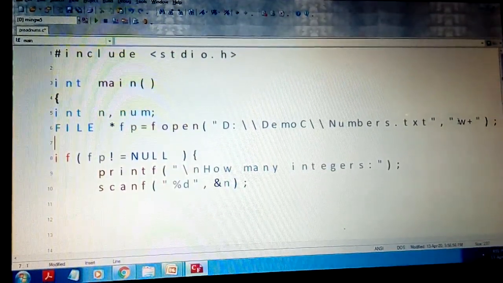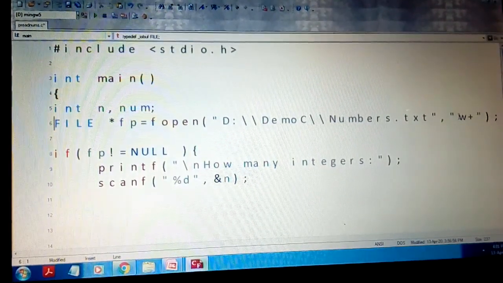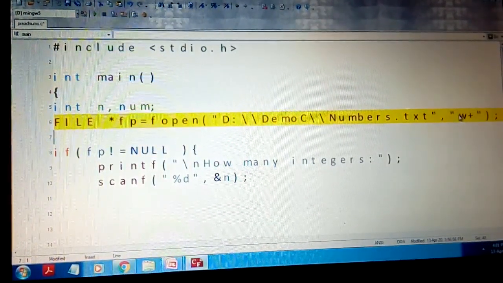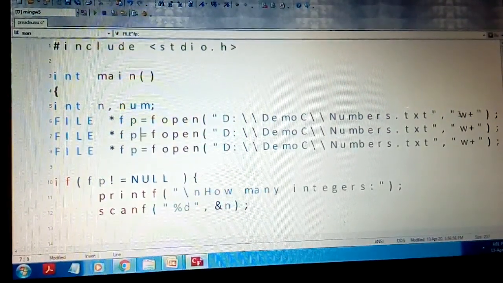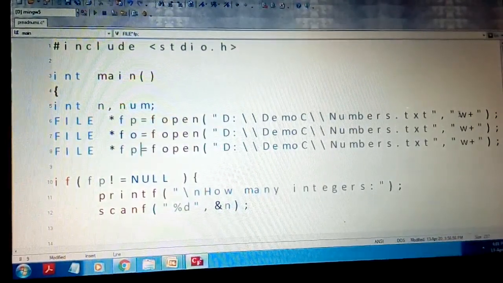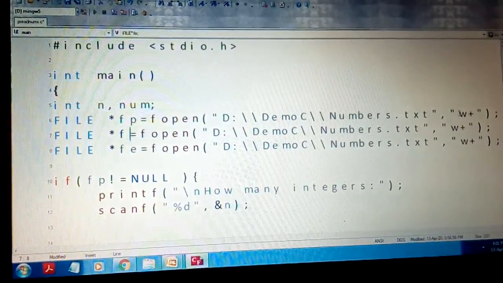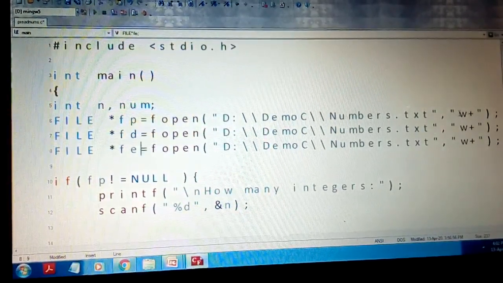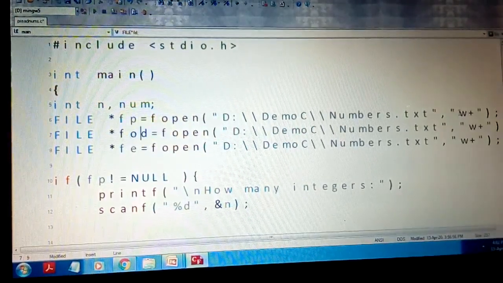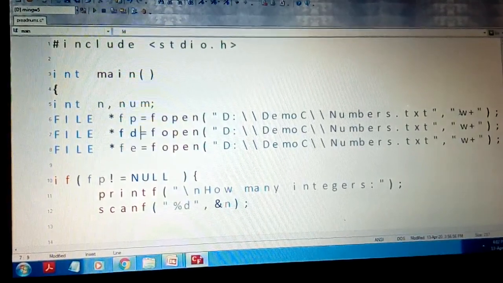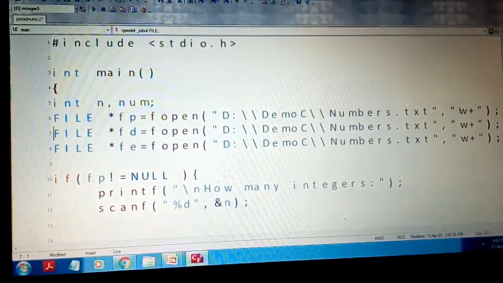So we'll try to transfer this control conditional statement here, but before that we'll try to declare the other file pointers. Like we need 2 more file pointers. Let us call these fd for odd text and fe for the even text, that is even numbers.